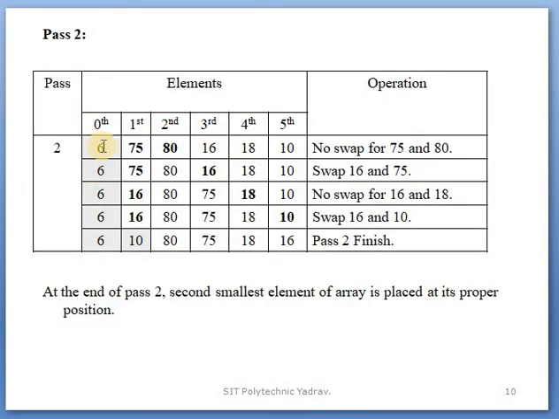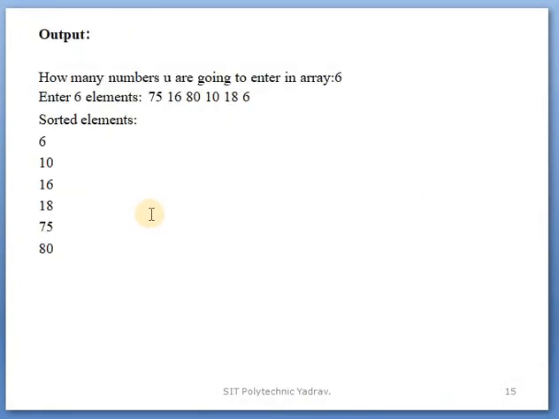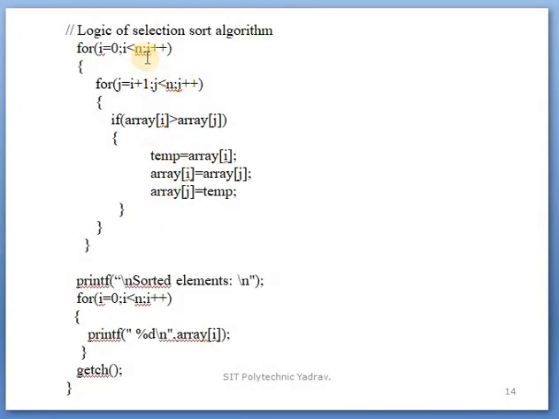In pass 2, the first element is compared with the second. After that, j is 1 plus 1, third, fourth, fifth. After that, the first position will be sorted. In the next pass, like that, when i increases, the pass will increase. Through this, all numbers will be sorted and after that displayed using the printf function. Clear that?